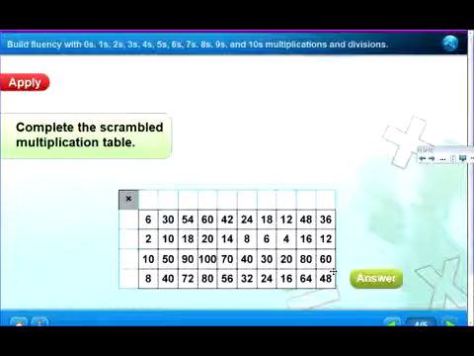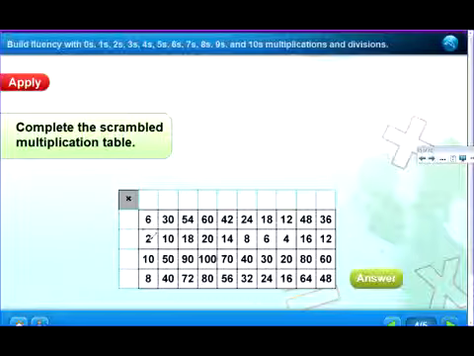Okay, for practice, we're going to look at this problem. It's called scrambling the multiplication table. What we want to do is see if we can figure out some of these answers. Well, I see that there's some 2's in this